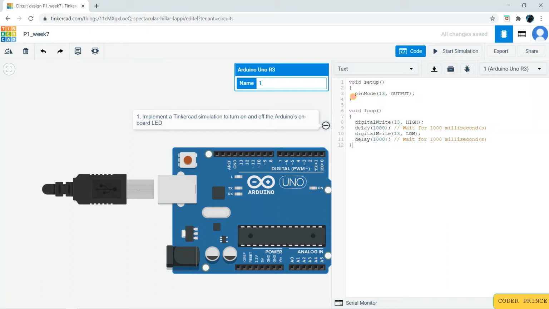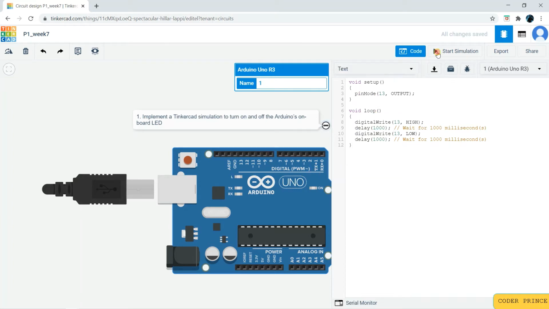Once you have the board on the workspace, this code will be initialized. So void setup will set up this particular pin, which is 13, corresponding to this LED, and the loop will run to get any changes from the sensors or the board. You will have the digital write, which will write HIGH, meaning it is on, and LOW, meaning it is zero, off. A delay is added so that there will be a blinking effect shown on the light over here.